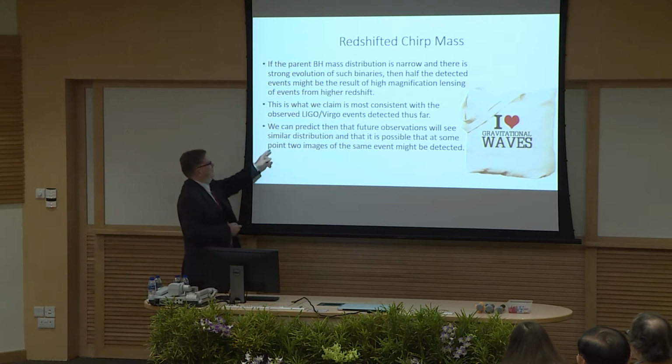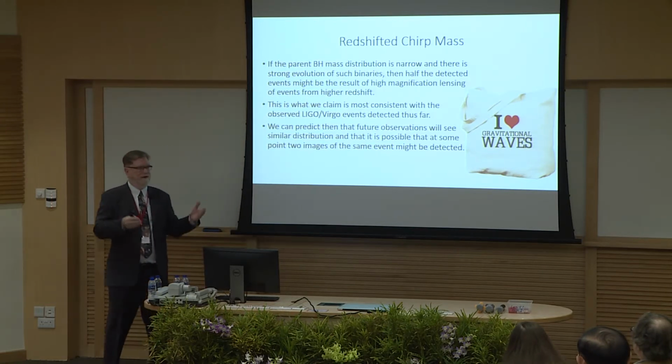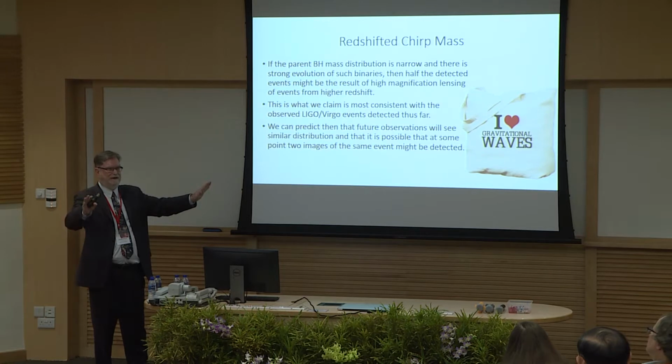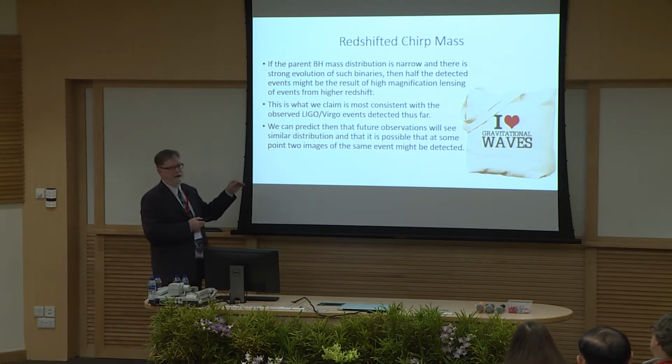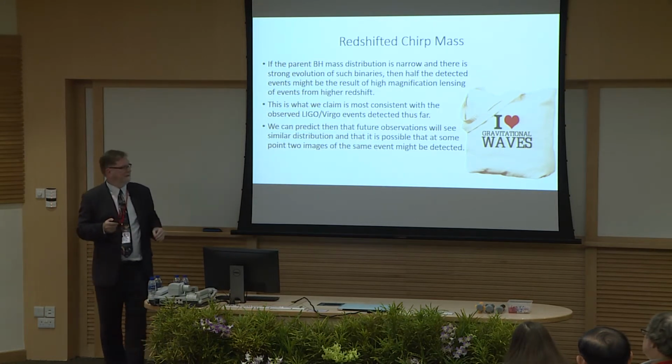And it's possible at some point two images of the same event could occur. So if you're the LIGO Virgo collaboration, you've got to be watching to see if you have an event, and if you have another event. Now that's one of the questions. So this is not in our paper. I mean, this statement's in our paper, but the calculations are not in our paper yet because we're still working